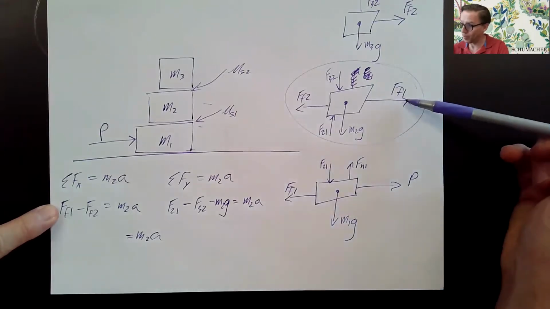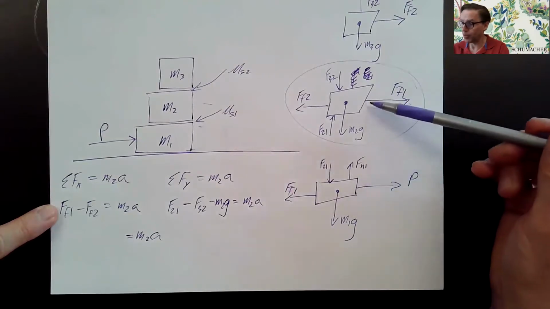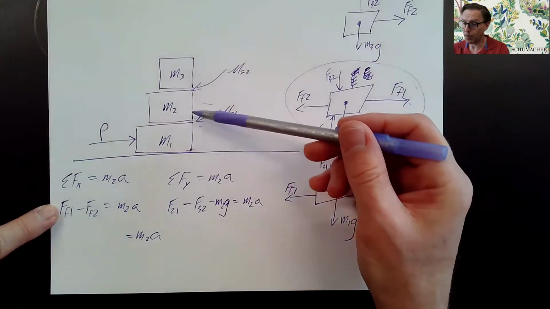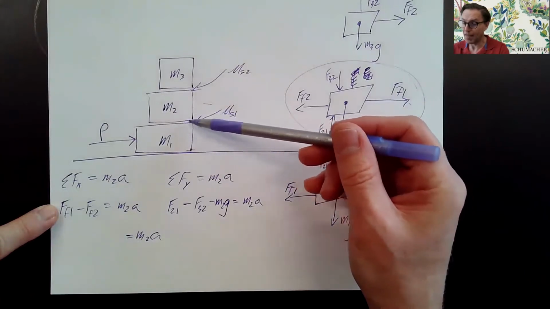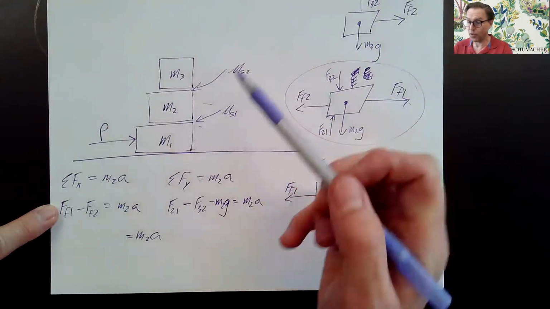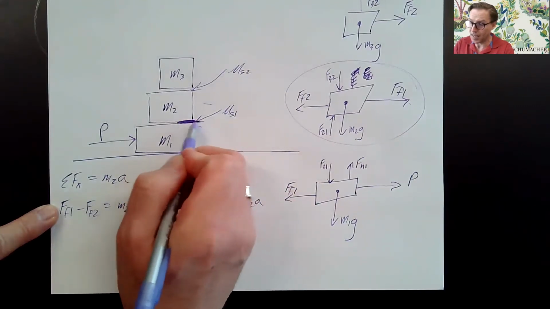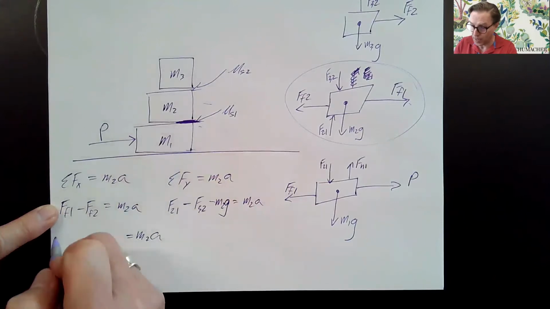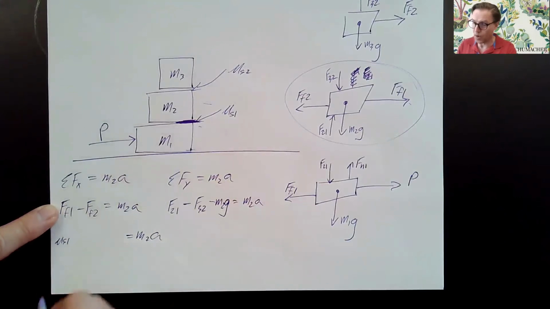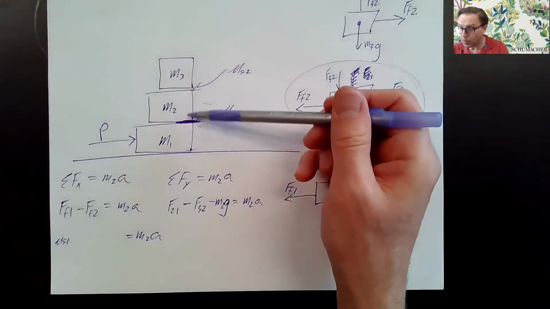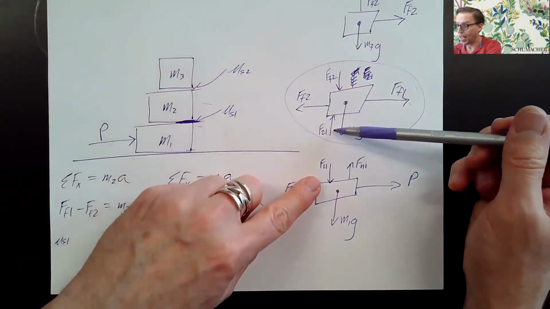FF1, this one, is bottom block pushes middle block to the right. So if bottom block is pushing middle block to the right, that should have to do with this contact. So the mu is mu S1 times the normal force. It's how hard these 2 blocks are being squished together, F21,